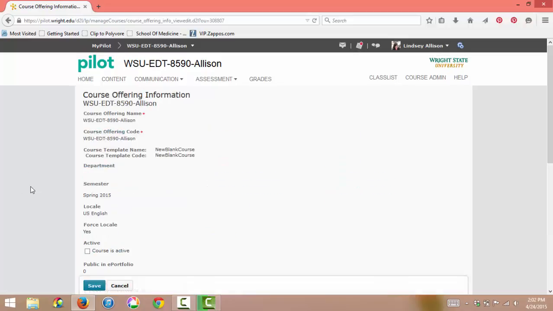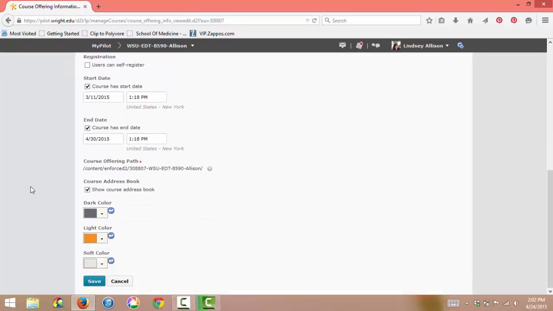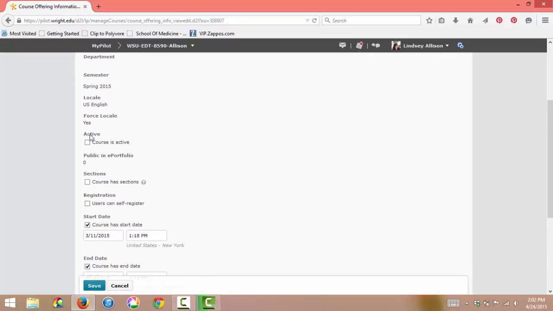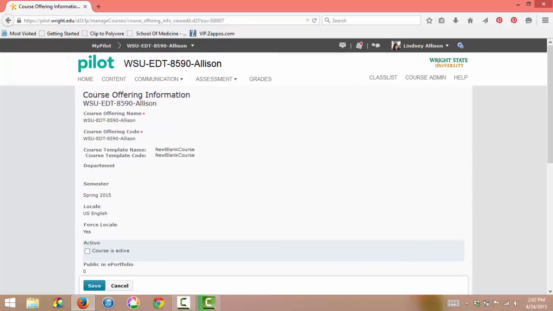This is where you will have your course start and end date, and where you will select the course as active. So when your course is active, you will check the box, and that means it's accessible to any students you have enrolled in the course. When you want to deactivate the course, you can have an end date here, or you can come in and mark it as inactive. But say you have a student that still needs access to the course, but you don't want to leave it open for an exceptionally long time because students don't need to see it after they've received their final grades. So if you go to the class list,